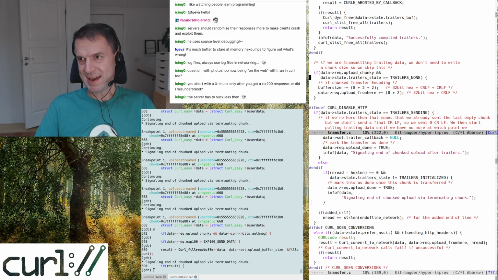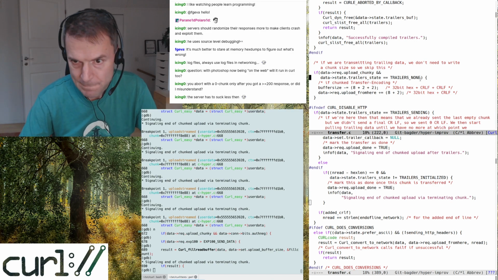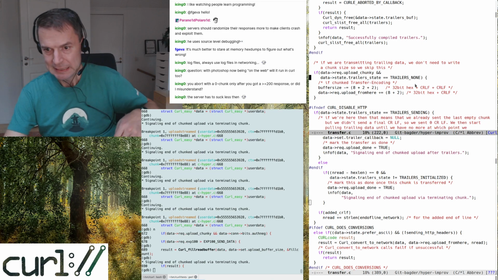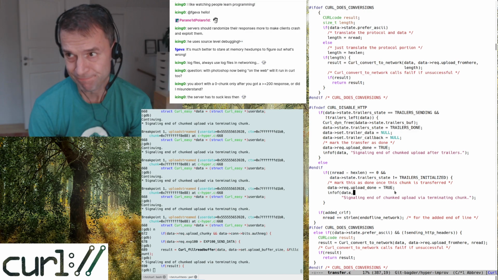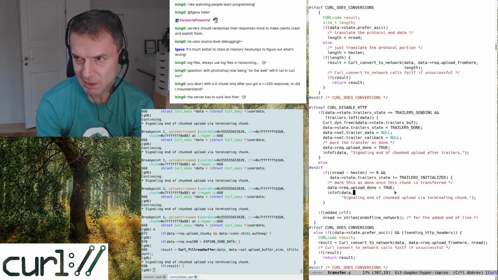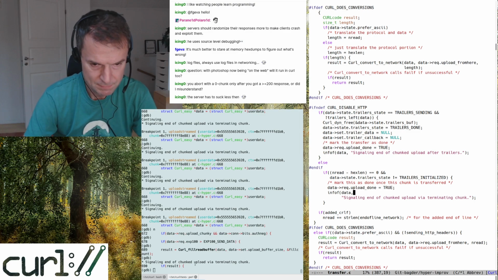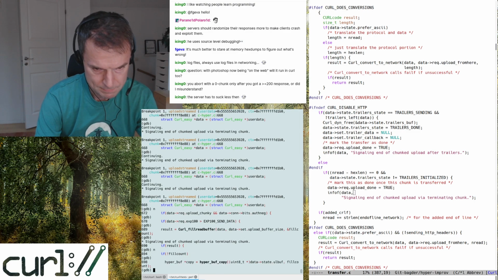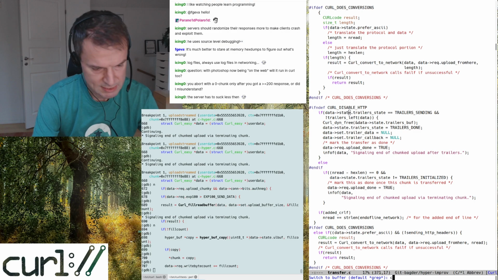Right, and that's why we set upload chunky to false. That single flag basically says we're doing chunked upload and we're adding the chunked encoding at the same time. So for hyper we only want one of those, for native we want both. So in this case it'll never actually